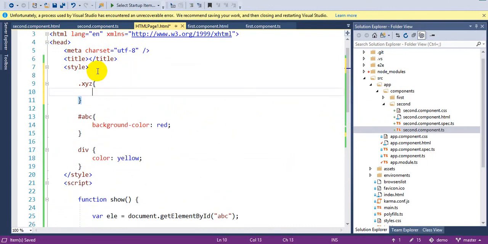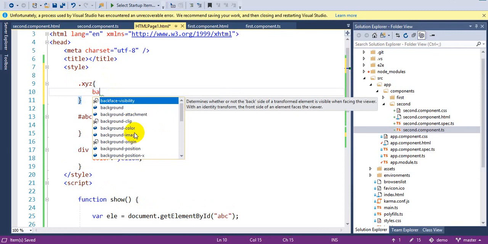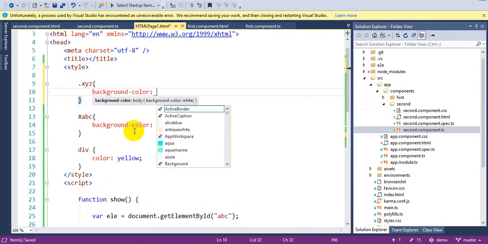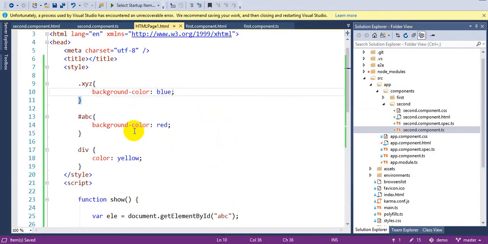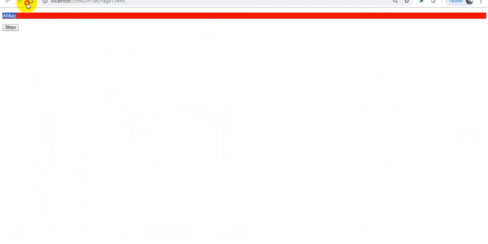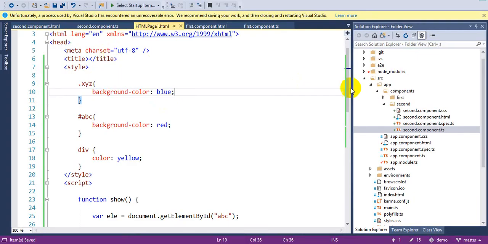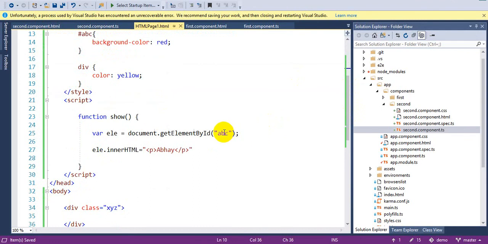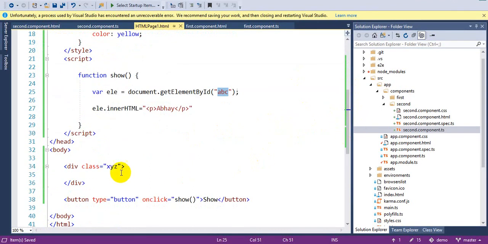Okay, and I am going to create the background color blue. I can write like this. Okay, what mistake I have done, I cannot keep this, I have to change this ID.